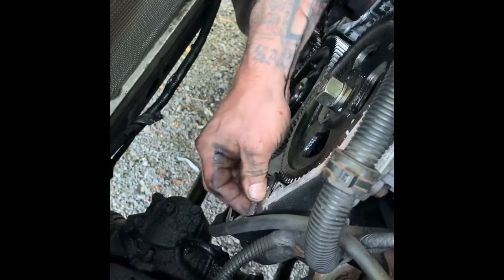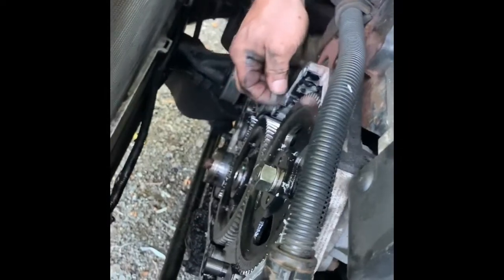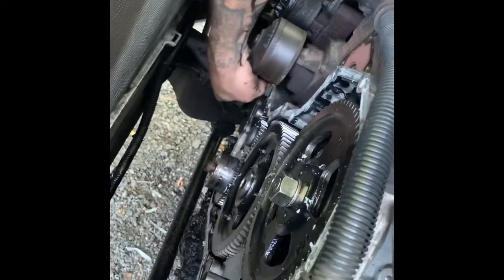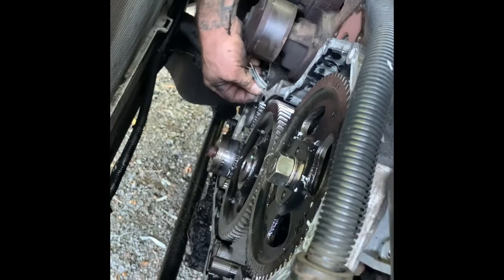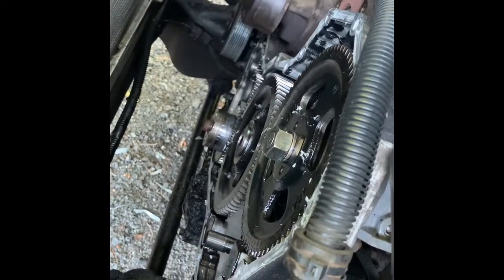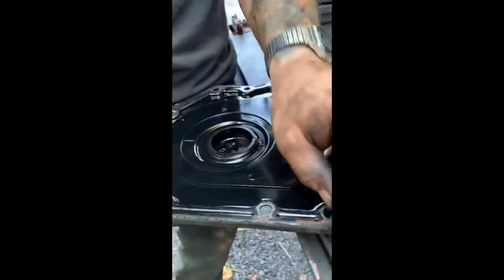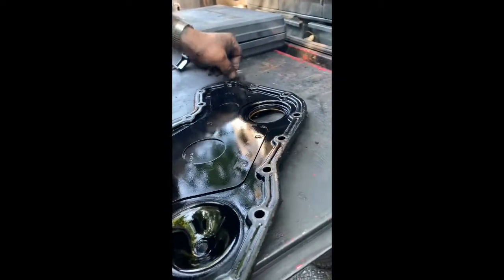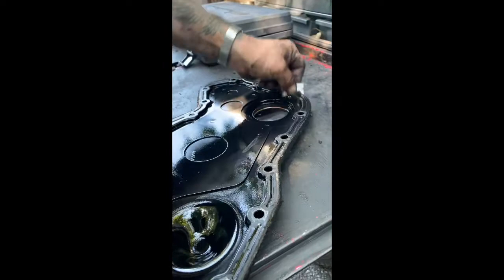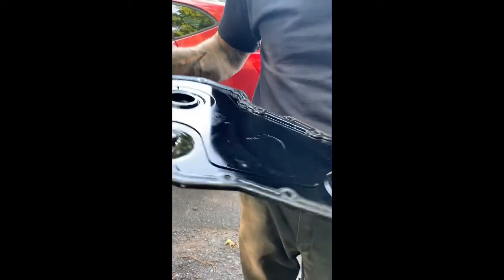Alright, next you just gotta do a lot of cleaning. Get all this RTV off of here, as good as you can. This is probably the most tedious part of the whole job, scraping this whole RTV off. There's no silicone stuck to this timing cover, so I'm gonna run a razor around it to make sure. And we'll clean it up with some brake clean. And then we'll pop our seal out,